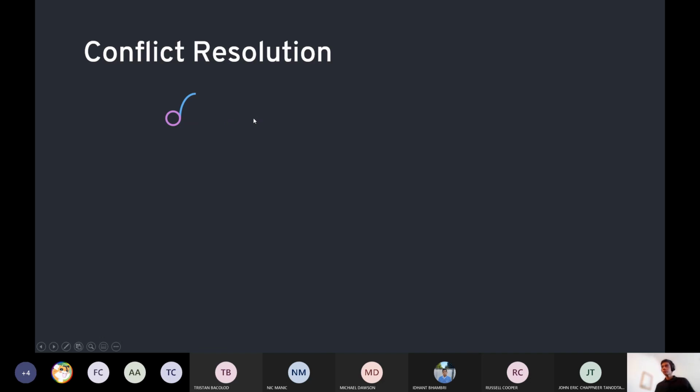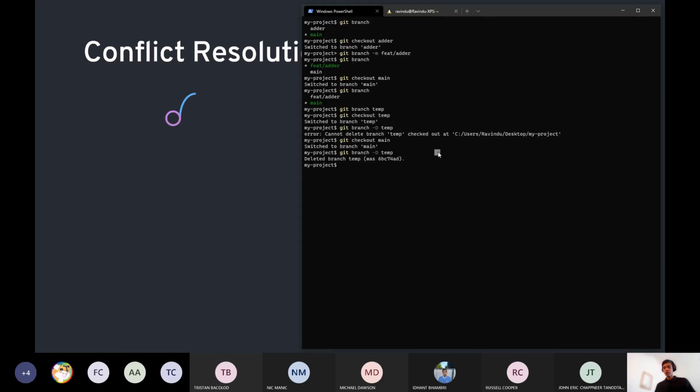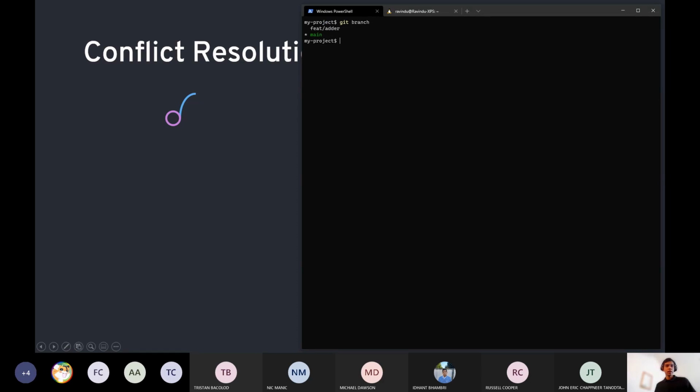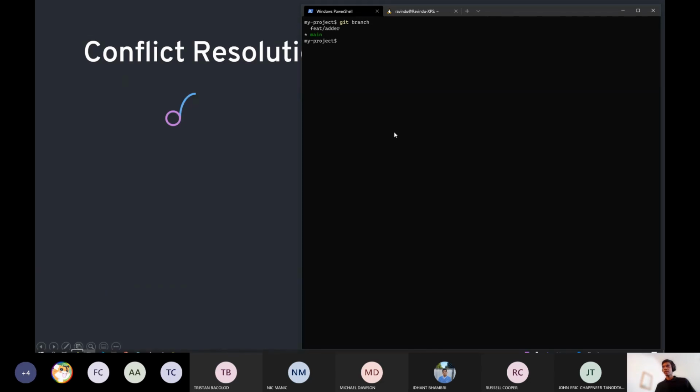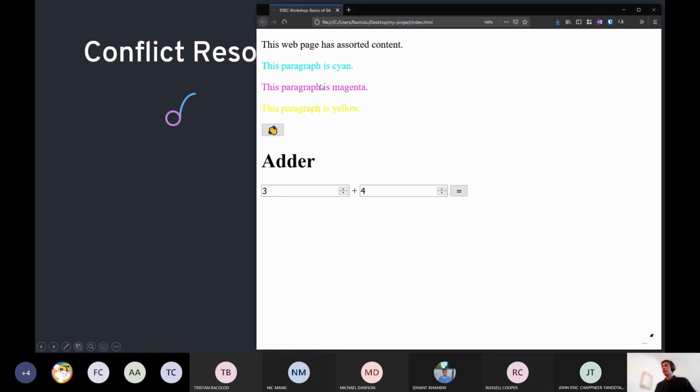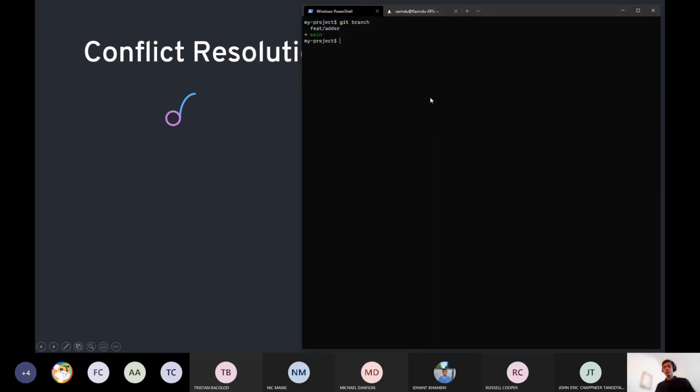So what I'll do is, let's say I want to make a branch that highlights names of colors in index.html. So index.html looks like this, but I want to highlight cyan, magenta, and yellow. So I'm going to call this branch feat-highlights. So I do git branch feat-highlights to actually make it. Maybe I'll git checkout -b to actually create the branch and check it out at once.